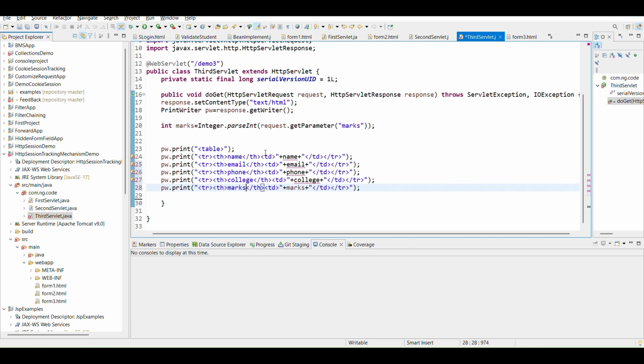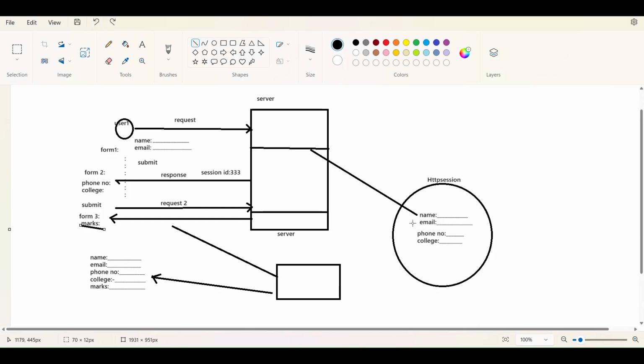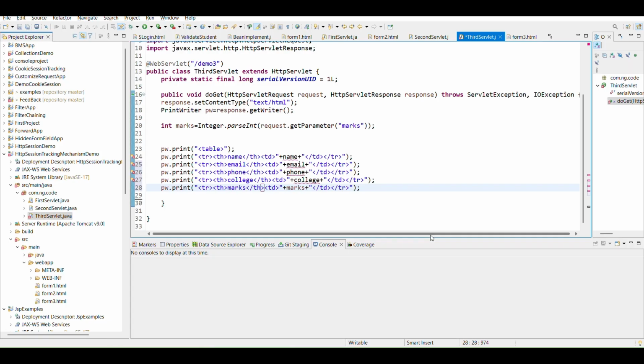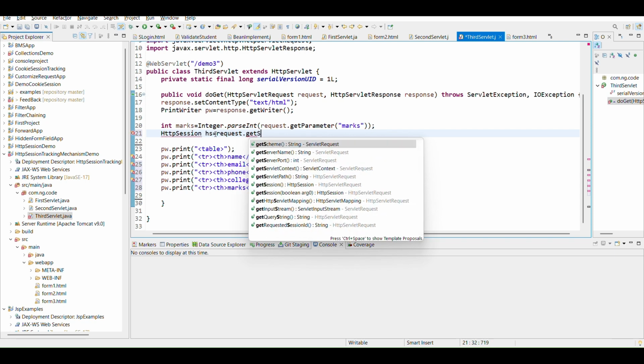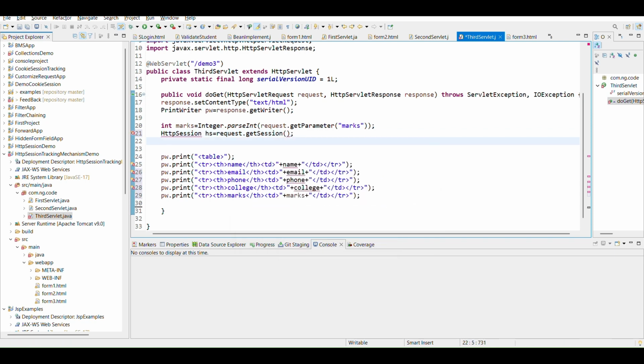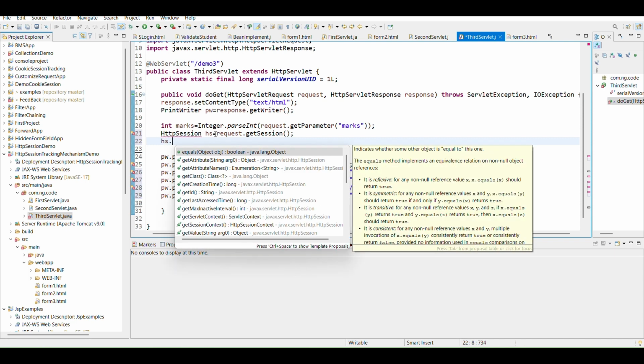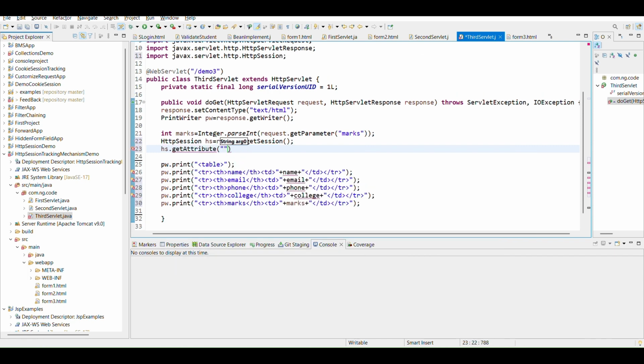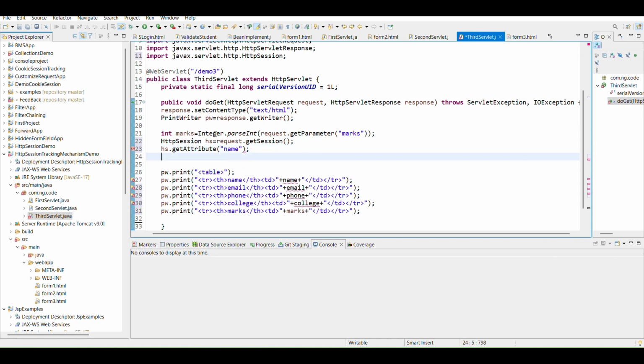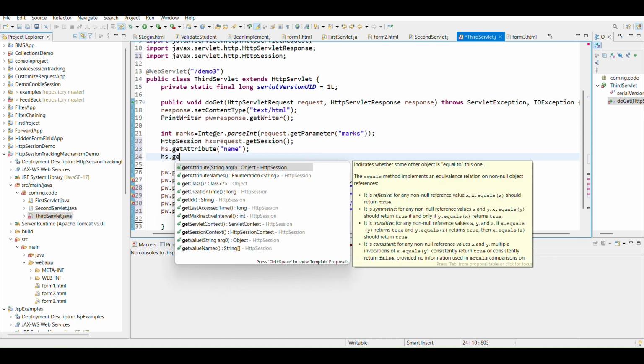so you guys will get it right. How can I get the data which is stored in the HTTP session? Now we will create a session object here, and we will get attributes with the help of session.getAttribute. We'll get all those things. So HttpSession hs = request.getSession(). So hs.getAttribute, the first one is the name, because it is stored in the session object, we will get it easily. getAttribute of